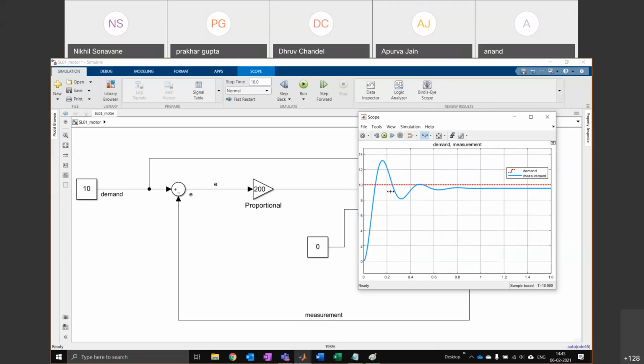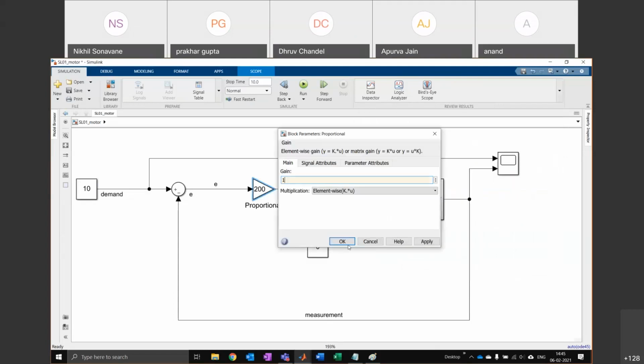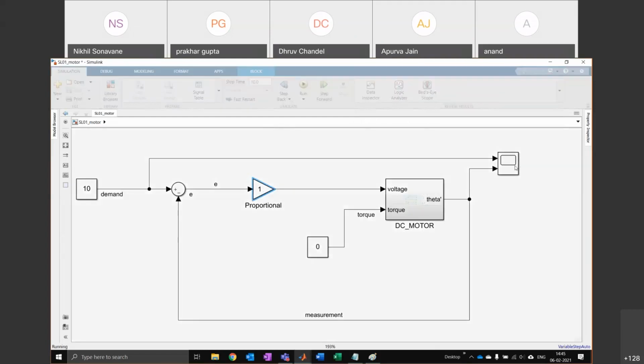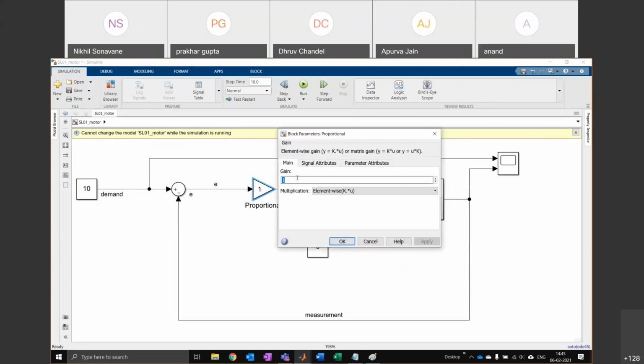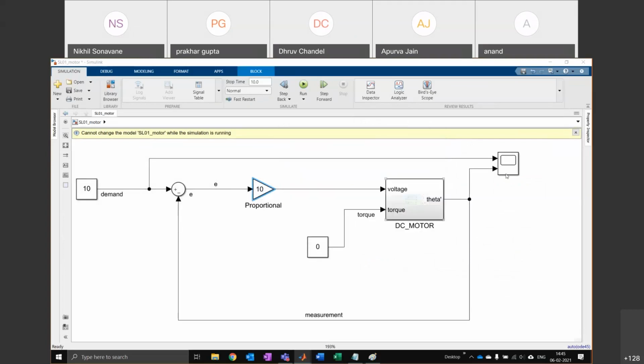Okay, so I'm just going to recap what we have done so far. I've set my demand to 10 here. You can set it to whatever number, it makes no difference. So first of all, we just tried a gain of 1. And this graph was down here. We increased our gain to 10. This is the proportional gain.